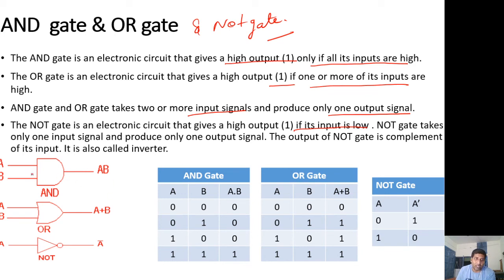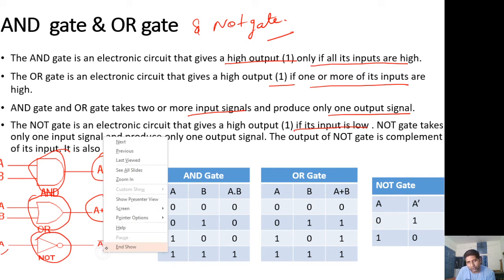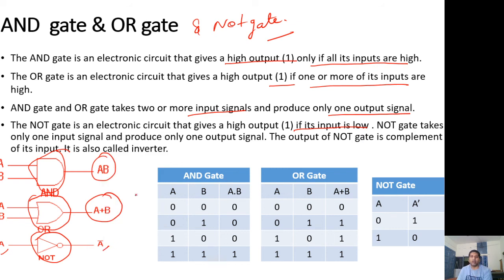That means we denote the AND gate in this way. This is the logical symbol of the AND gate and the input is A B, that means it is a two-input AND gate, and the output is denoted by AB. OR gate, this is the logical symbol of the OR gate and the input is A B, then the output is A plus B. NOT gate, this is the logical symbol of the NOT gate and if the input is A, then the output will be A bar. And the AND gate, A B, AB, 0 0 0 0 1 0 1 0 0, this is same as the operator.